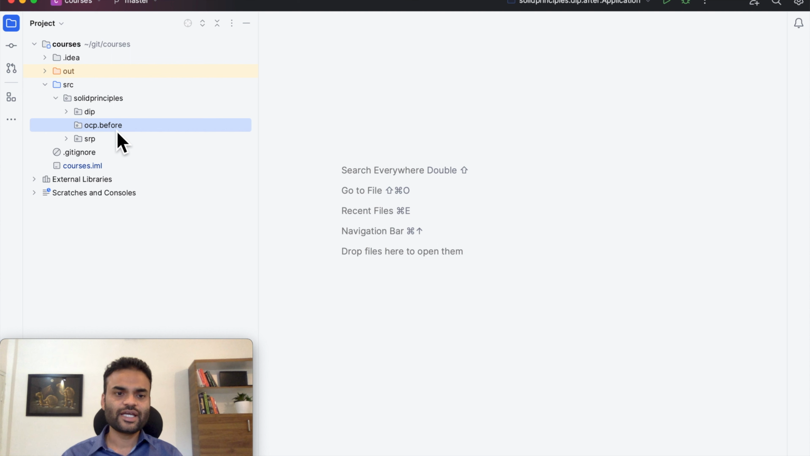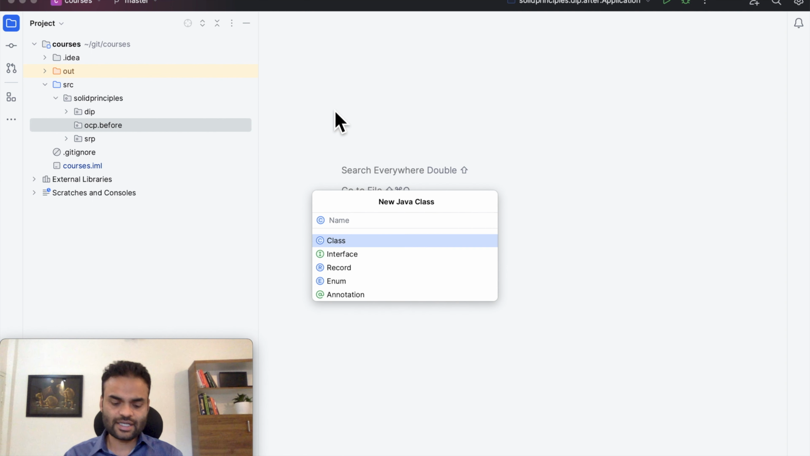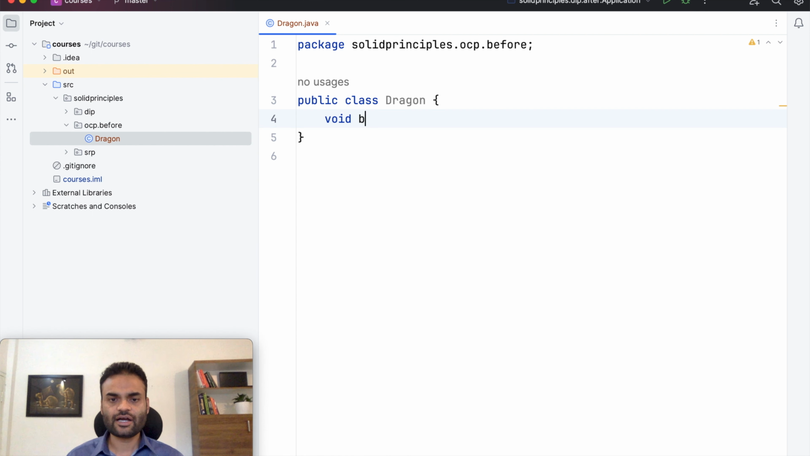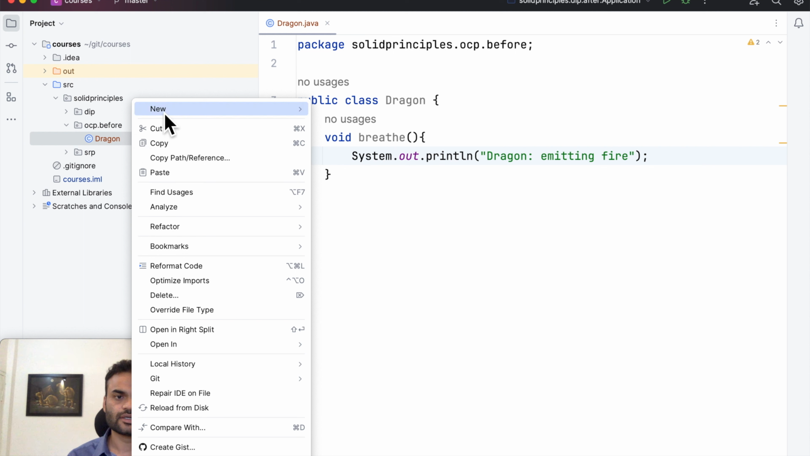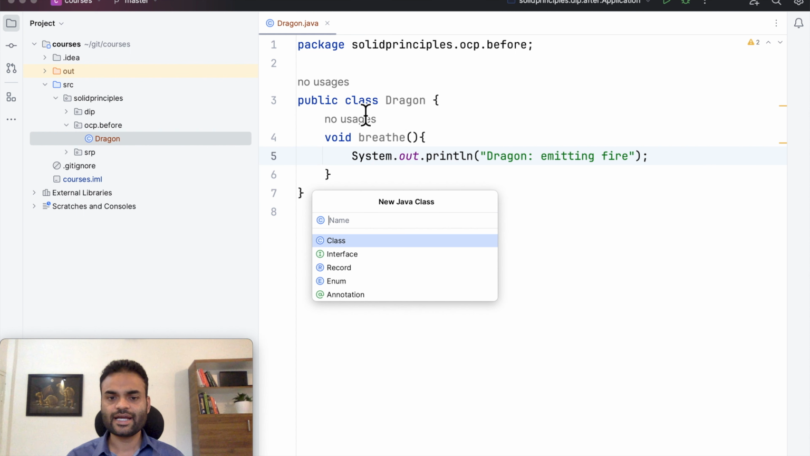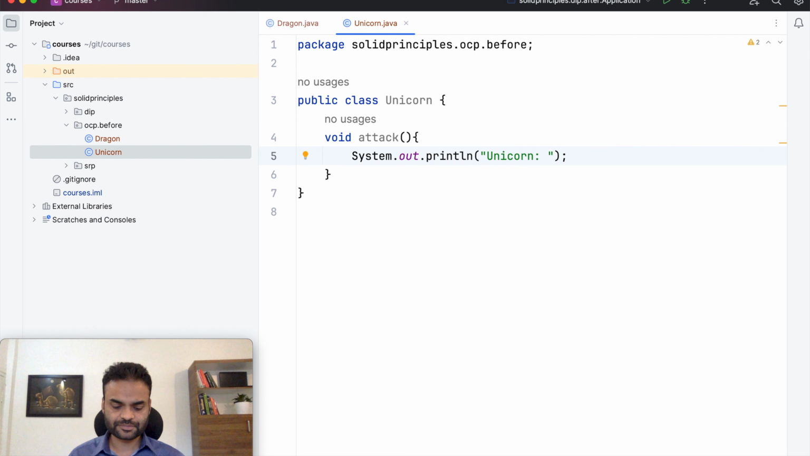So over here we have this package OCP before. So before applying OCP, what we have is, let's say we create a class Dragon. Inside that we have a method. So we have a breathe method and we print something from there. Let's go ahead, create another mythical animal. We have created a class Unicorn and let's say it has a method attack. So let's say we print unicorn